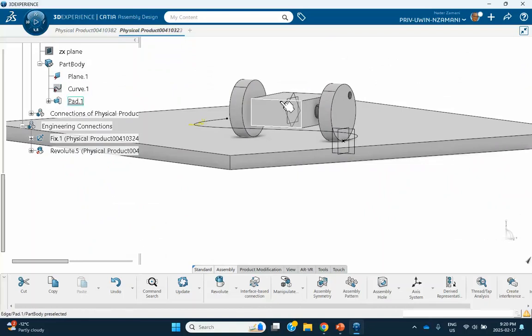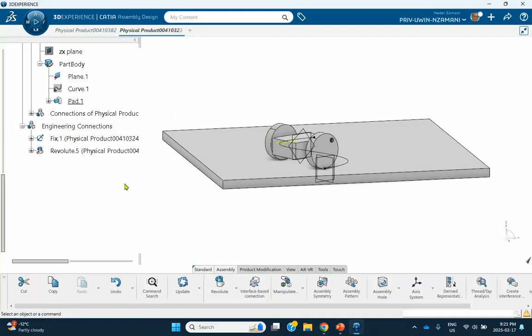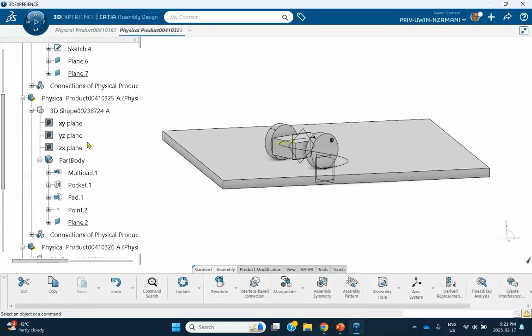I don't want it to tilt. One way to do that is to create a plane this height and then make a planar joint between that plane and the top face of this. There are other ways of doing it. Okay. So here's what I'm going to do. I will go to